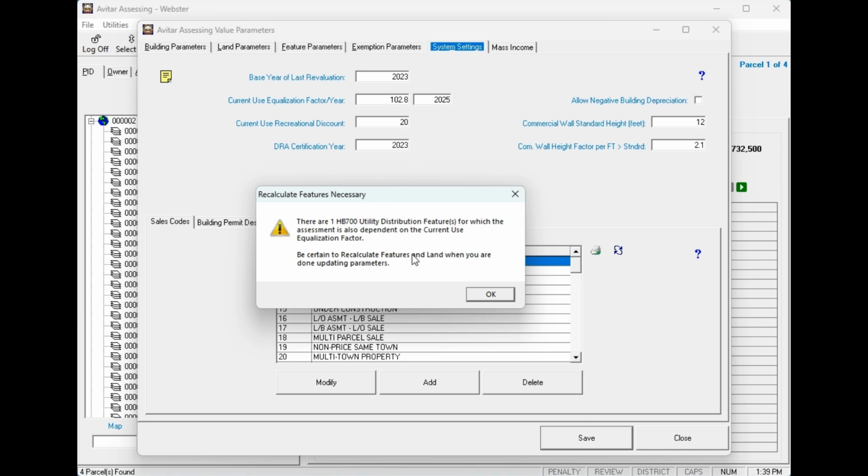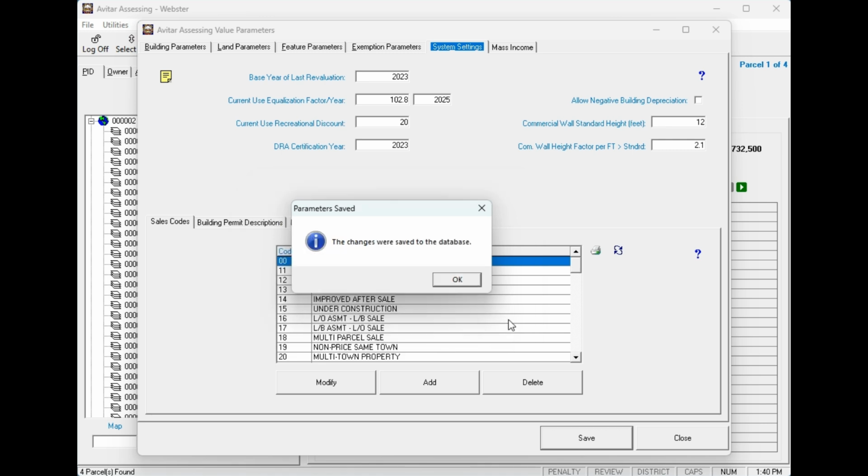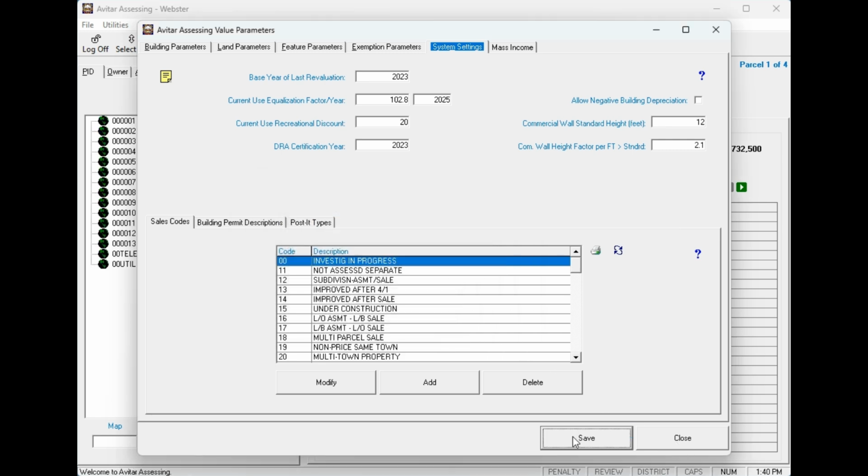Traditionally, when you updated the current use factor, you're probably in the habit of knowing that you needed to recalculate the land. This just says, hey, you've got one, in this case, one HB700 utility distribution feature that also depends on this equalization factor. So you're going to need to recalculate the features and the land when you're done updating the parameters. So if I go ahead and do that and save this,